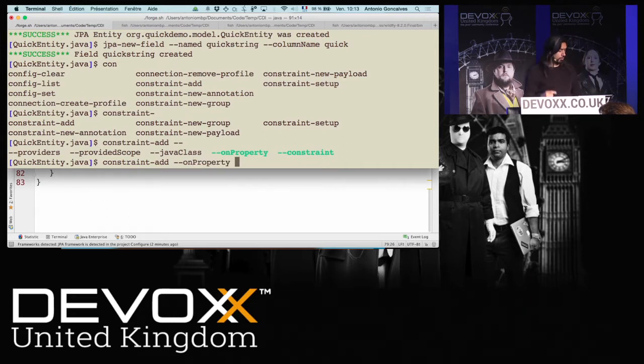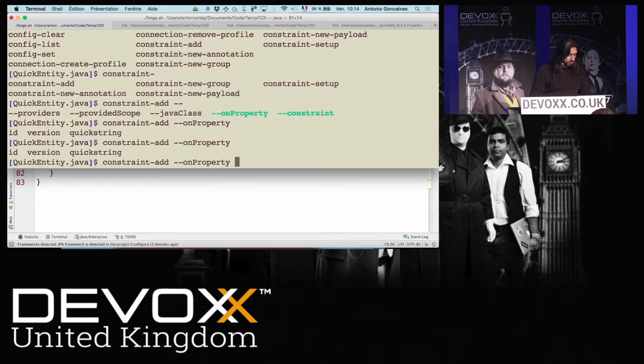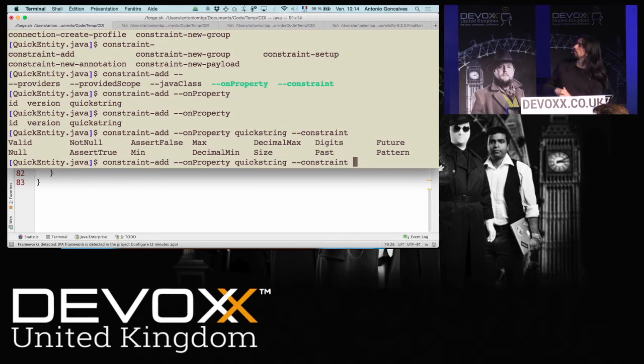Now JBoss Forge will introspect the bean I'm in. The bean I'm in is shown here. This is where I am at the moment: quick entity. By pressing tab, it tells me, well, you have an ID, a version, and a quick string. I say, well, quick string, and on accessor, so you could put it on the getter. And it asks which constraint I want. Well, I'm going to pick not null.